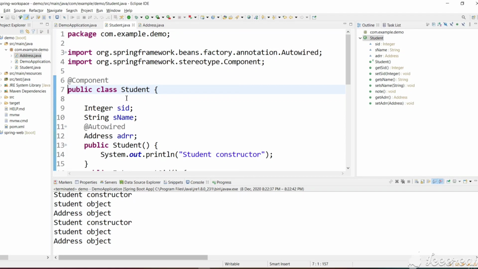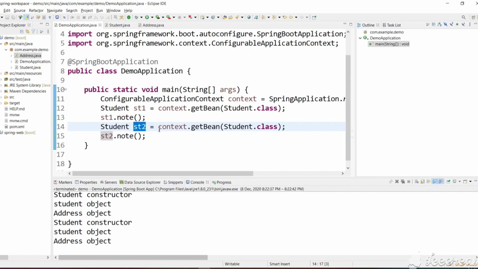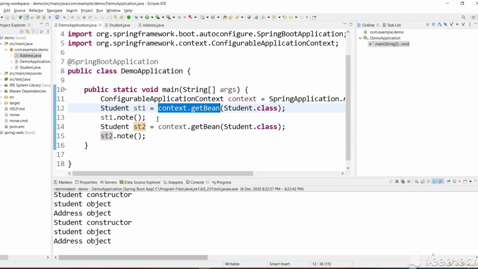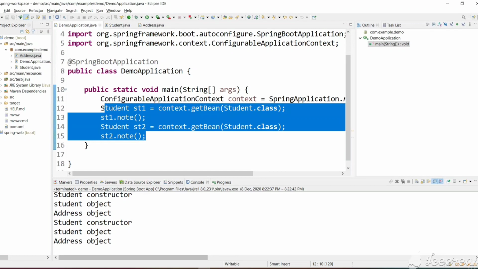Let's see at what point of time the object is created. It means at what point of time the constructor is called. While requesting the object, the Spring framework will create an object, or before requesting an object, all the objects are created and kept in the container. So here let's comment all this.